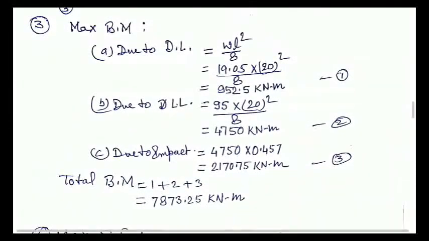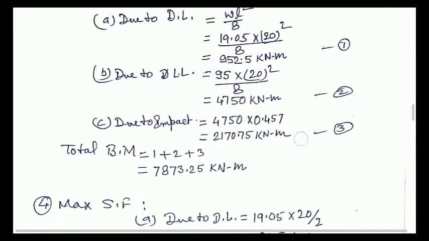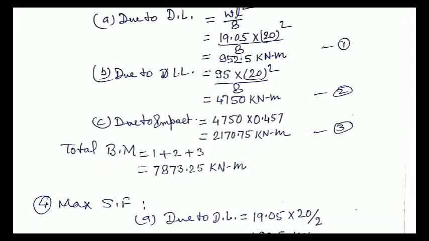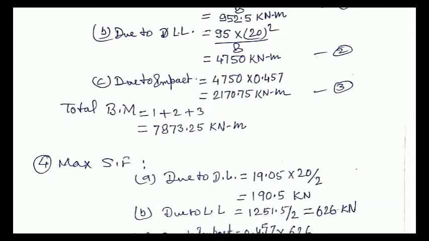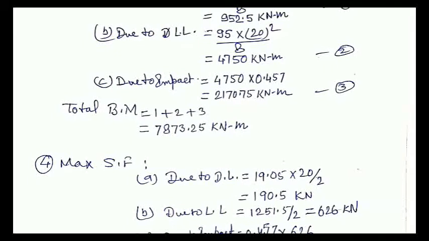The maximum bending moment due to dead load comes out to be 952.5 kilonewton meter, as shown here. Due to live load, the total maximum bending moment comes out to be 4750 kilonewton meter. Due to impact factor, you may multiply this bending moment by the impact factor, so it comes out to be